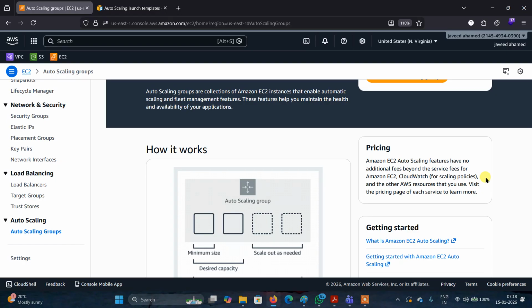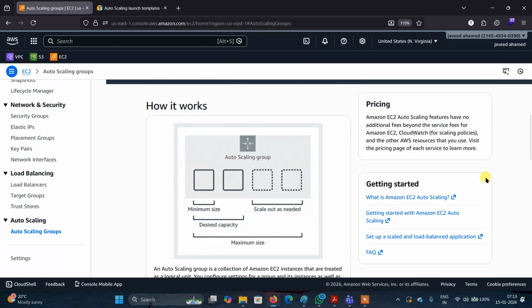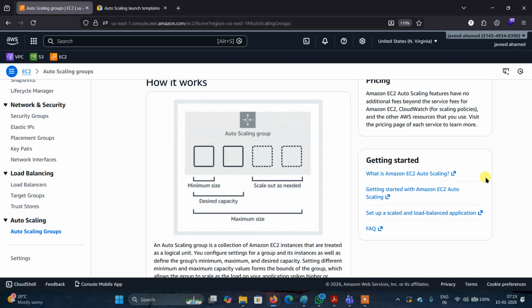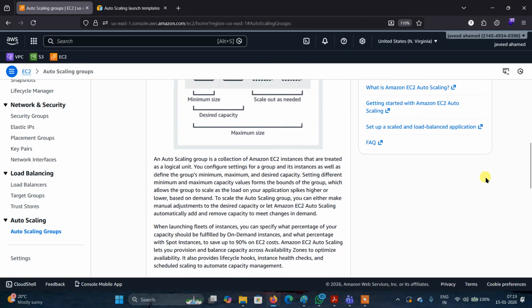The auto scaling group will replace it with a new one. Understand? Okay. It will replace it with a new one and also adjust according to the traffic capacity. Like if more traffic is there, more resources are added. If less traffic is there, the resources will be removed. Understand? Here, see this, what is my auto scaling group?